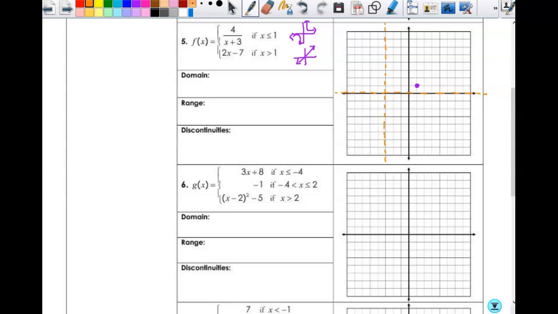Okay? Now, were there for the reciprocal any reflections? No. So that means that this right here would have come from an anchor point that would have been in this part of the graph. So I need one down here. So I'll start with my anchor point that's -1, -1, right? What does that 4 do there? It's a vertical stretch. So my y value now becomes -4. And then that 3 moves me to the left 3. There's another point. So now I have 1 point in each section of the graph, and I can get another